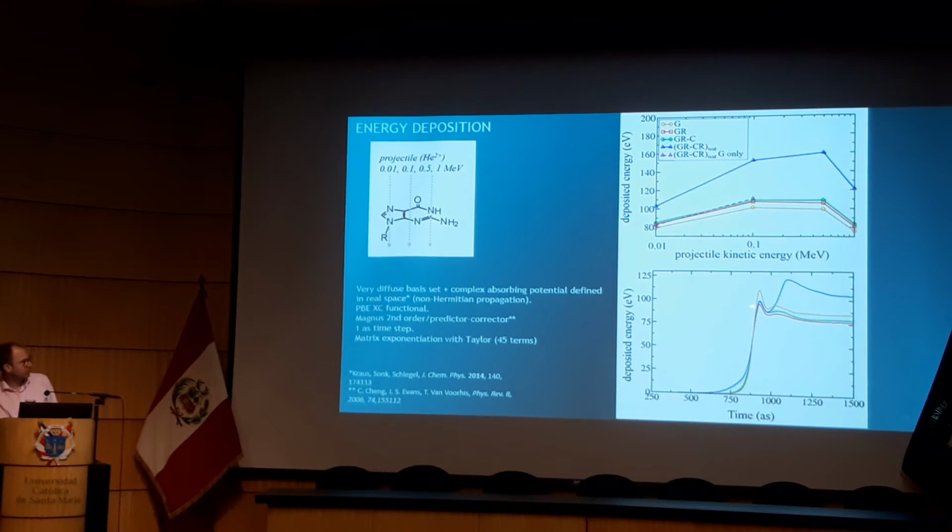We have the first peak that corresponds to deposition of energy in the base, and then the second peak is deposition of energy in the solvation water molecule. So, to really be fair, we should compare only the very first part that corresponds to the guanine. And what we found is that basically the energy which is deposited is really a local property. It's not completely clear, to be honest, but it doesn't seem to depend on the presence of the environment. It's really a local property, the density on the guanine itself.